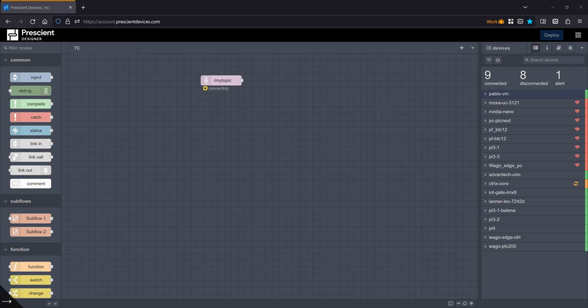I want to start with a statement for this month's video, and that is that in Node-RED, or in Prescient Designer, since it's 100% compatible with Node-RED, configuration nodes are scoped. This can get you if you're not aware of this. So let me explain. Configuration nodes are nodes typically, for example, a database credential connection, or in this case,